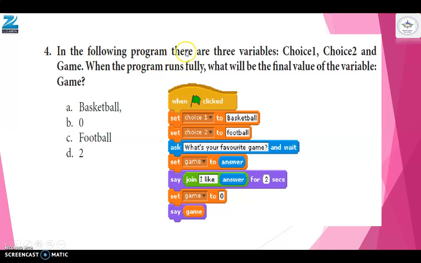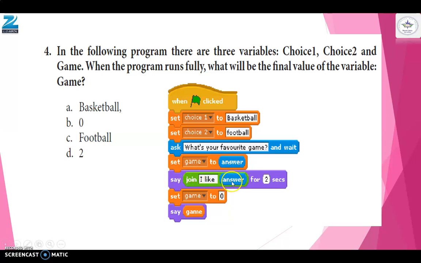In the following program, there are three variables: choice 1, choice 2, and game. Okay, when the program runs fully, what will be the final value of the variable game? Okay, set choice 1 to basketball, set choice 2 to football. What is your favorite game? And wait, set game to answer. Okay, so user will enter answer in game.